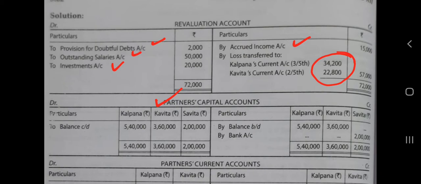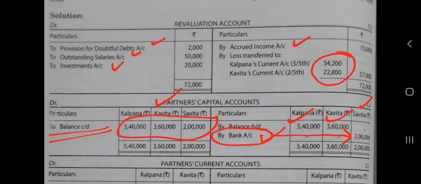So right now you will prepare Savita's capital account. The entry was bank debit to Savita's capital. So Savita's capital account is credit. So come to the credit and write the debit by bank. Savita is bringing 2 lakh rupees capital, so it has been written in Savita's capital account. The other two partners were having their capital balances, so first of all we write by balance brought down. Then there was only one transaction through capital account that has been written, and now we have calculated the closing balances. So these are the closing balances. No adjustment will be done through capital account. All adjustments are being done through current account right now.